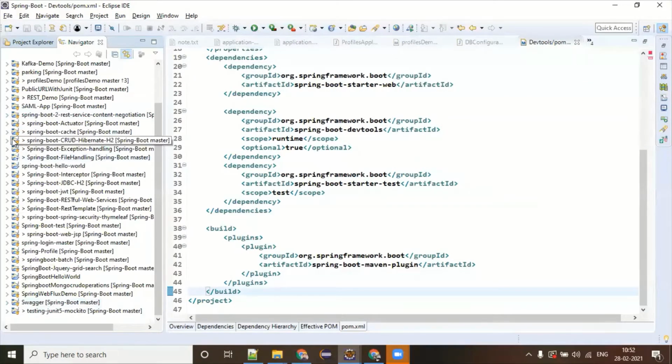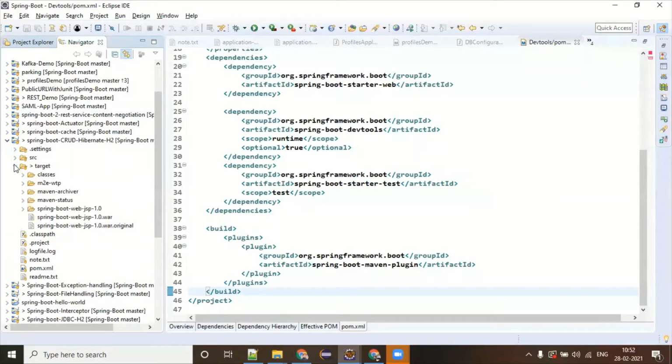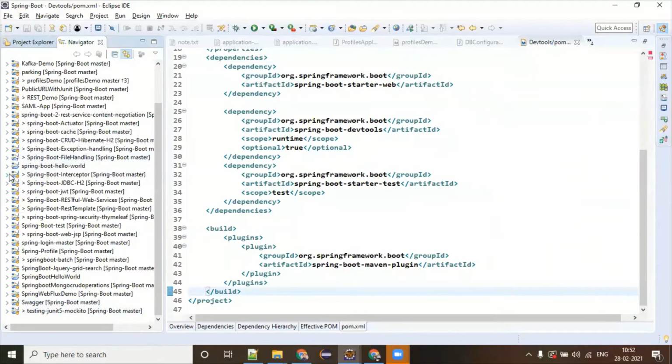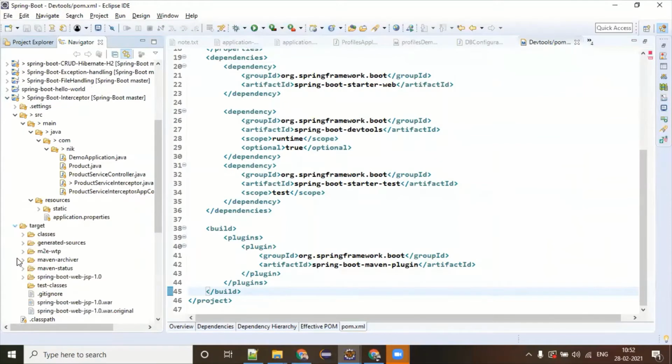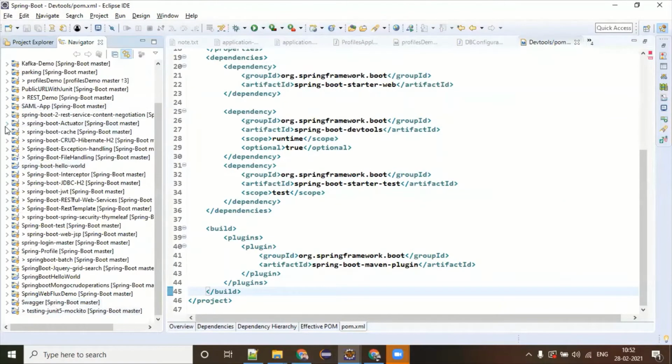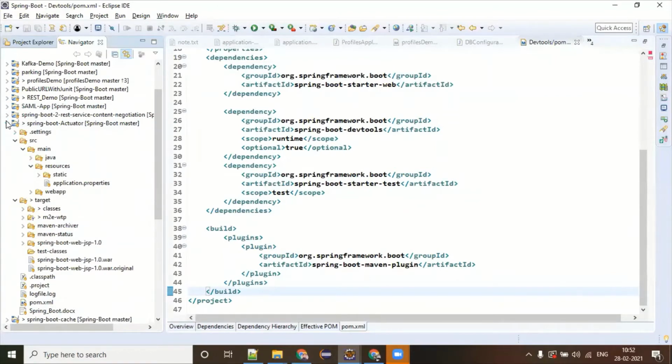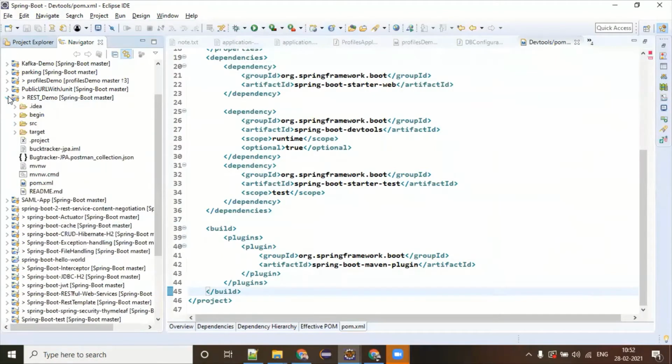Spring Boot profiles. I'm trying to see if there is some application which already has the jars created. This is again a war.